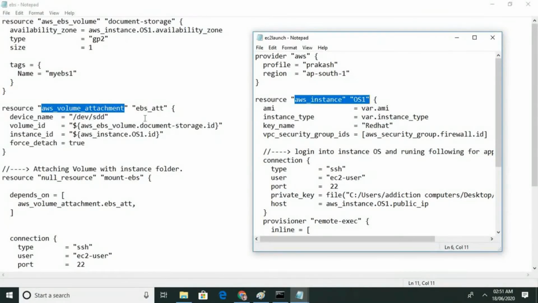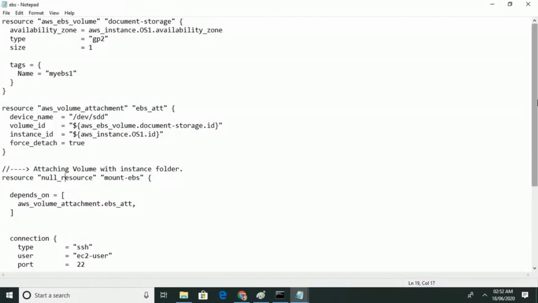Yes, this is the storage. So the device name, what name you want to give this EBS. Then volume ID, instance ID, here it is, force detach true. So these are all requirements. Now our attachment part is done.